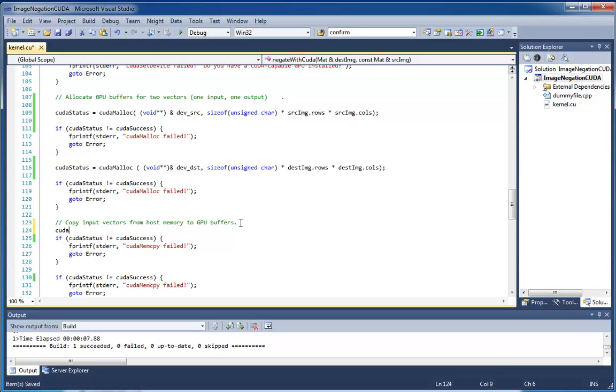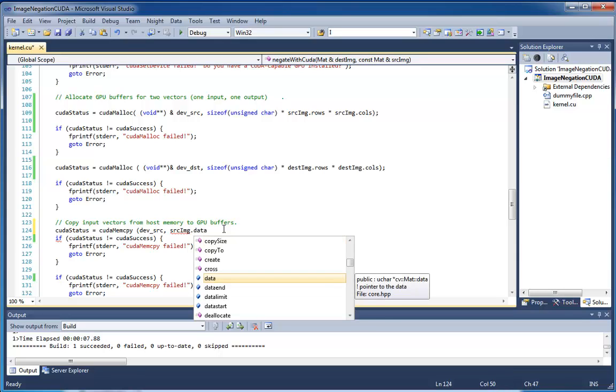So we do CUDA status equals CUDA memcopy, and then the CUDA memcopy takes the device side, which is going to be source, the image data that we want to pass to it, which is going to be the input image, we call it source image